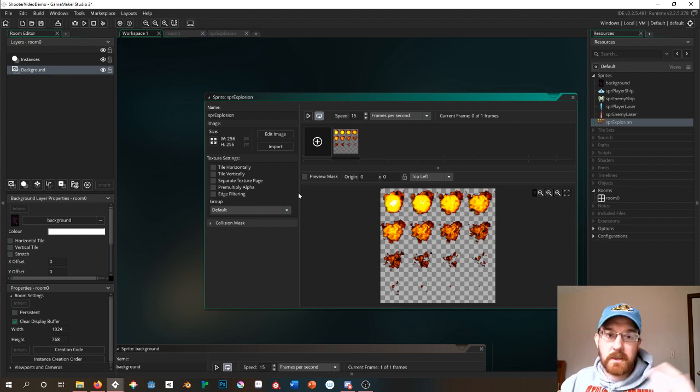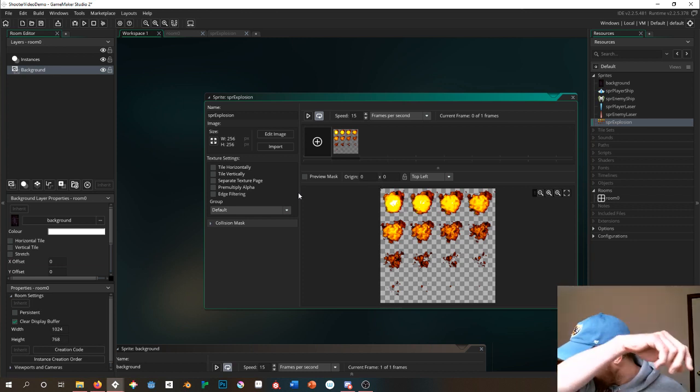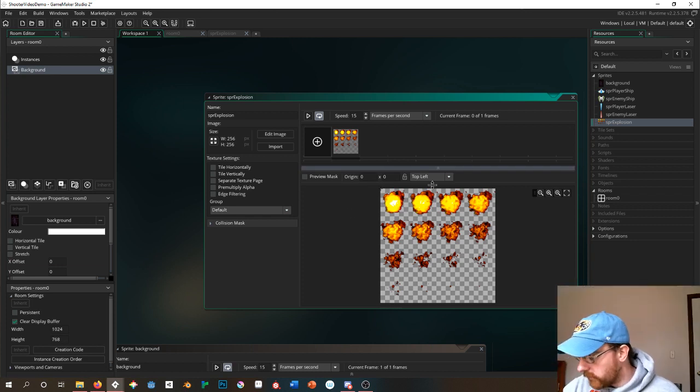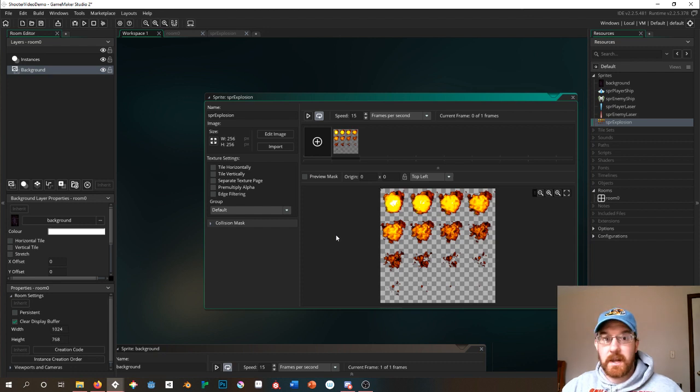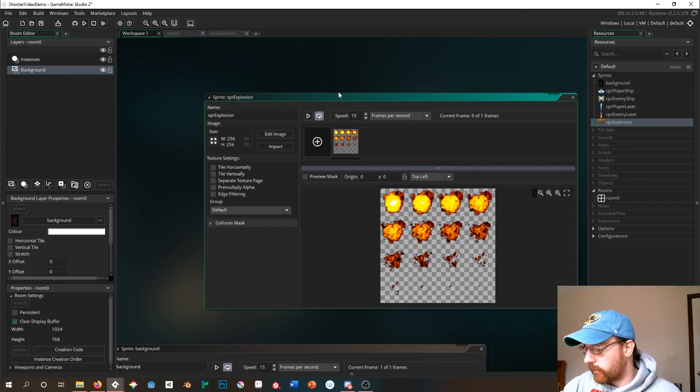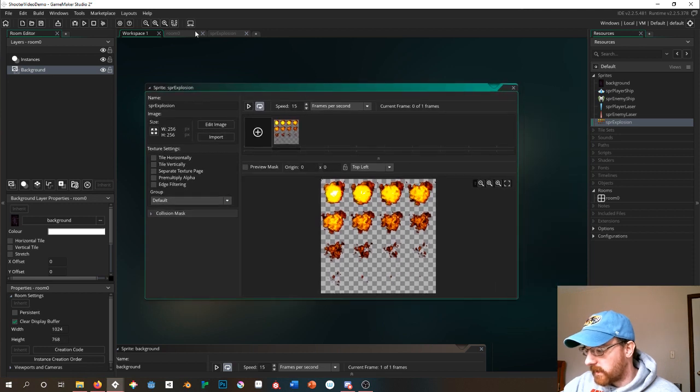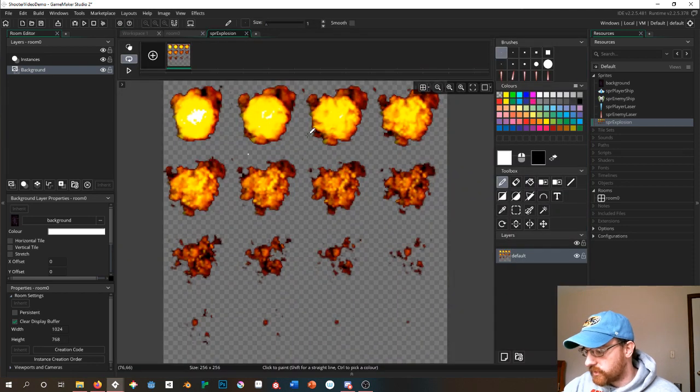or a running character, really, if you were doing a game with a character, you would want to bring that in and have it animate. Now, the way you do that is through creating what is called a sprite sheet. Now, a sprite sheet is, as you can see, there are two ways to do it. You can either bring them in as separate images, but